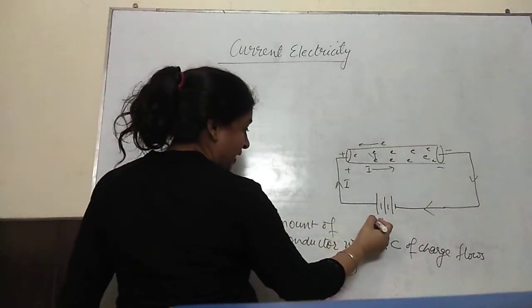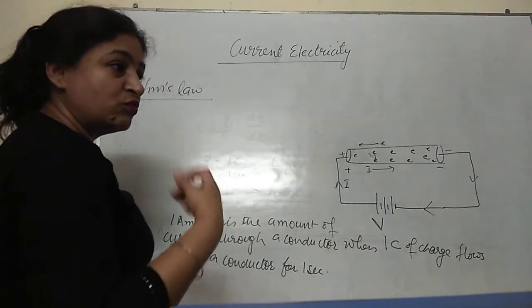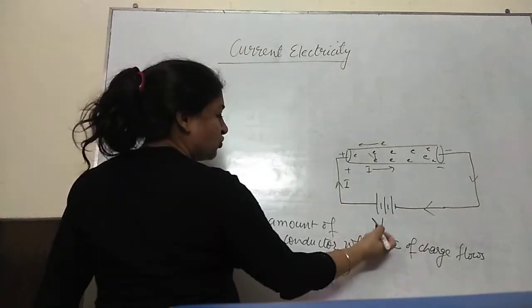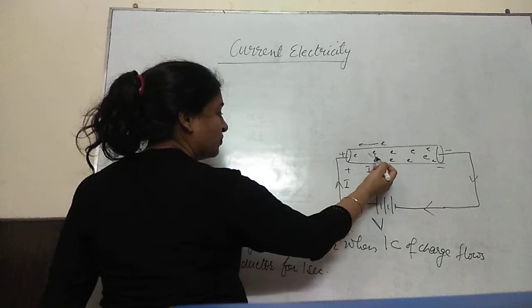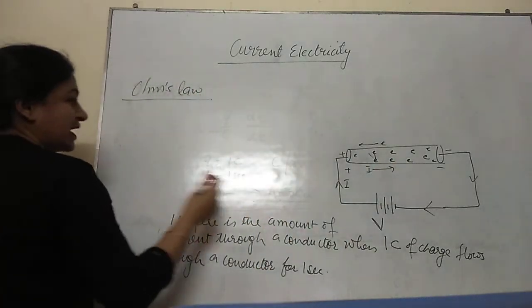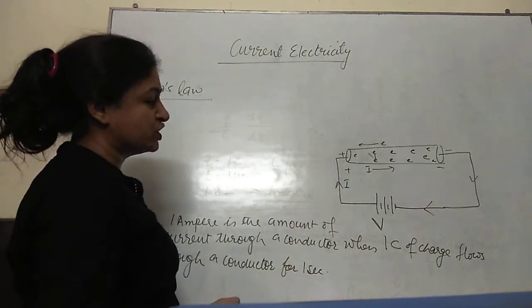If you apply more potential, more drift of the electrons would be there, so more charge would be flowing through the conductor. So we can say that the more potential difference applied, the more would be the current through the conductor. So we can say that the current flowing through the conductor is directly proportional to the potential difference,